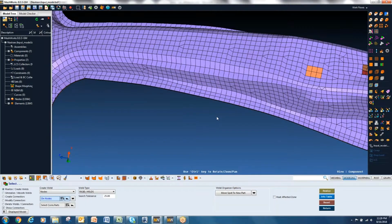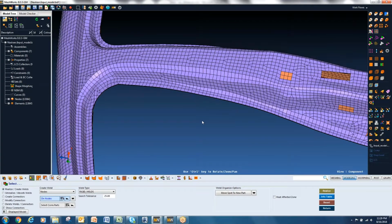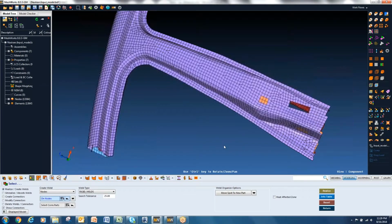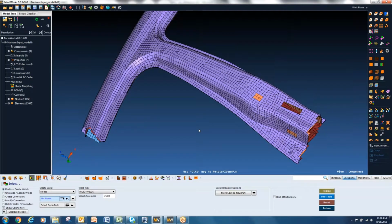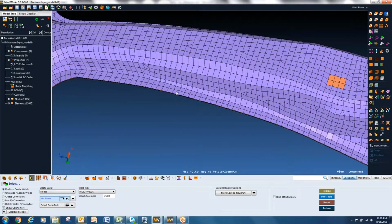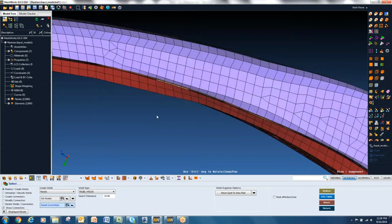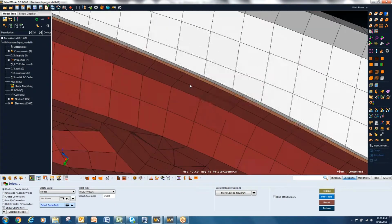Talking about modeling the detail around your welds. For example, this is a seam weld. This brown and purple elements represent the seam weld. And then right next to it is the heat affected zone. The green elements, the blue elements, and then the surrounding toe region, the bottom toe region and the surrounding end zones on the parent material,